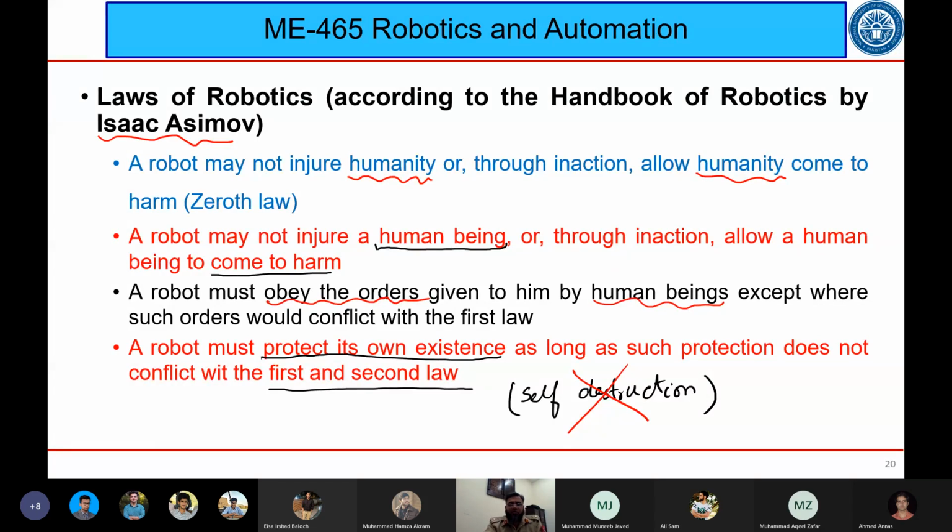ओके सर, यानी कि लॉज तो कोई बंदा अगर इनको अप्लाई ना करे तो मॉनिटर कौन करता है लॉज? जी देखिए, ये जो हैंडबुक ऑफ रोबोटिक्स है इसके अंदर ये लॉज दिए हुए हैं, एंड दे थिंक एंड दे कंसिडर कि जो भी इंसान रोबोट्स के साथ डील कर रहा है वो इन लॉज को अबाइड बाय करेगा,